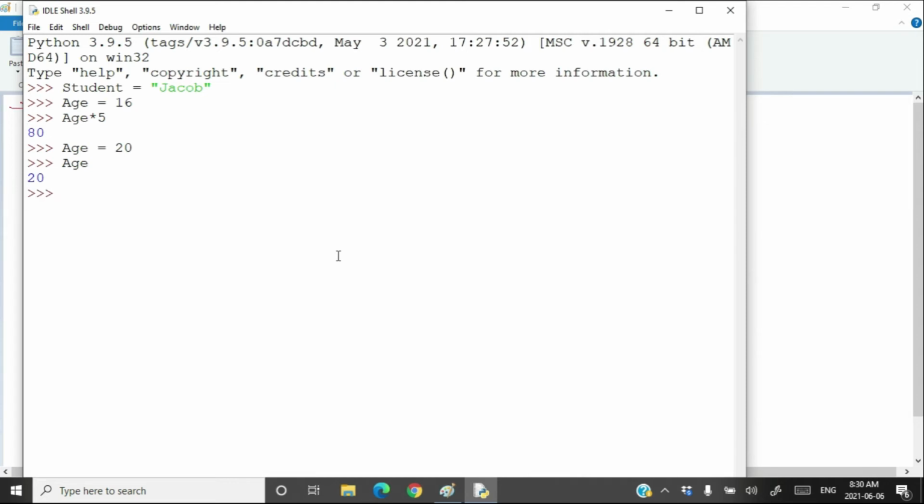Age is 20. But if you write 20 is equal to age, this is wrong. This is saying that it cannot assign to literal. This is just a value. This is not a variable. A variable is supposed to store something, either a value or the address of the location where the value is. But the constant, the literal, is not supposed to store anything. Literals are values in themselves. So writing like this is wrong.